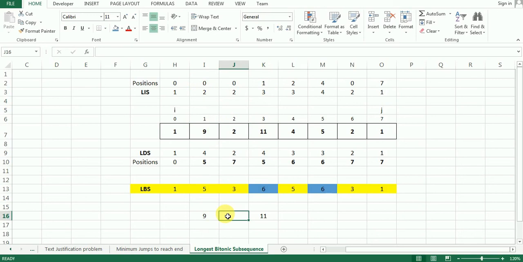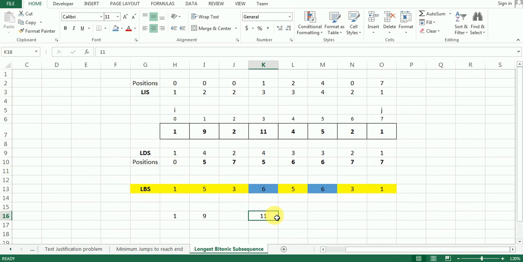At 9, I am going to see what address is stored. I have 0 stored over here. Let's check what value we have at 0th index. So I have 1. I'm going to store 1 over here. Cool. So this is how we have the left part of our longest Pythonic subsequence, which is increasing.